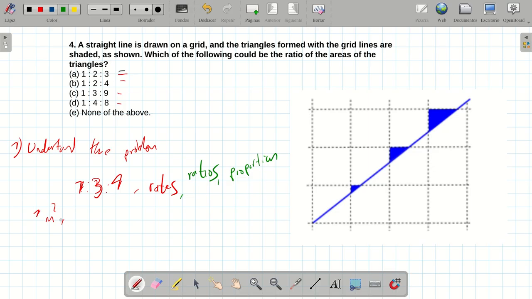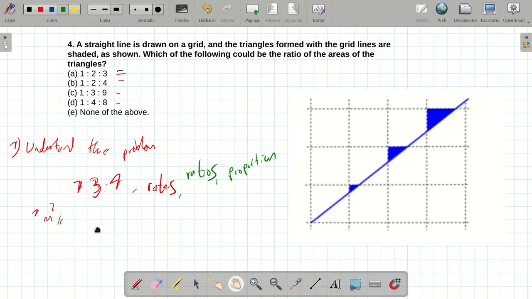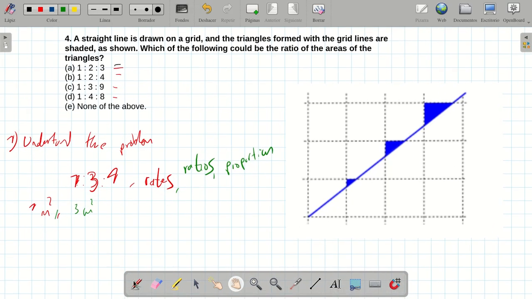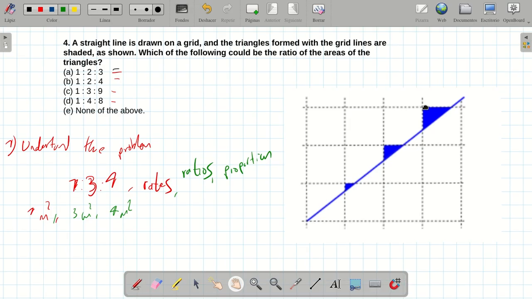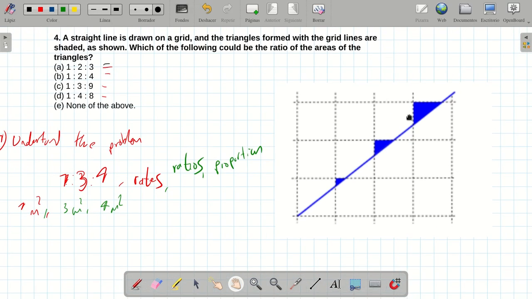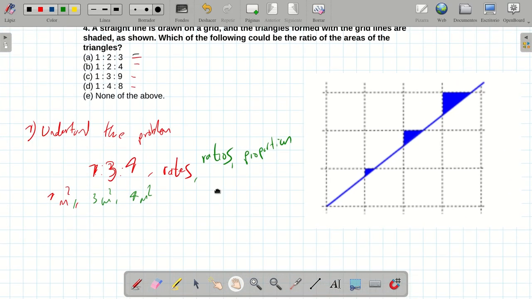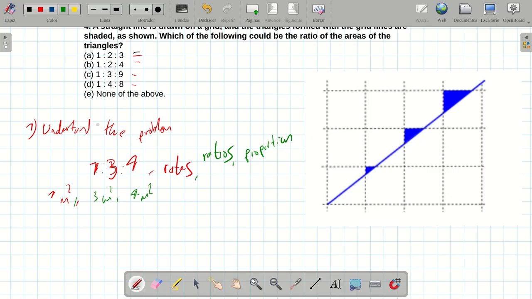So one is the area of this little triangle. So 3 means that 3 meters squared will be the area of the second triangle, and 4 meters squared will be the area of this bigger triangle. Okay, so now that we understand what the choices mean,